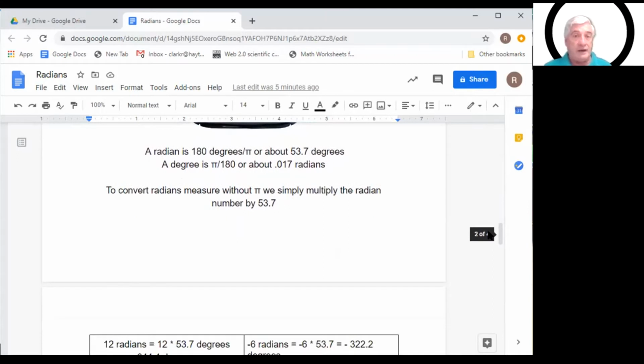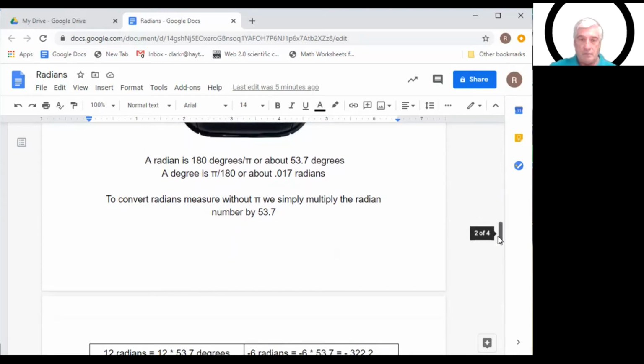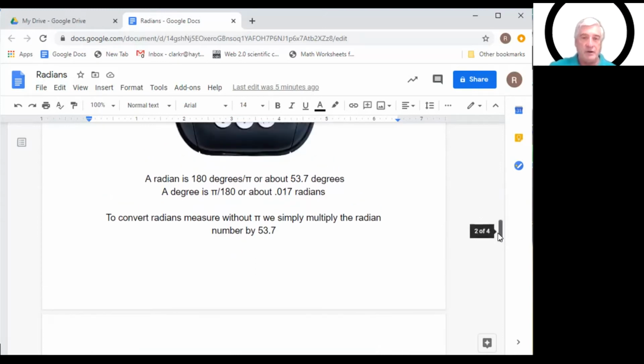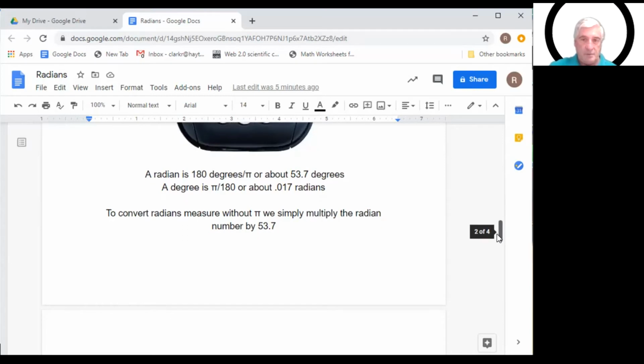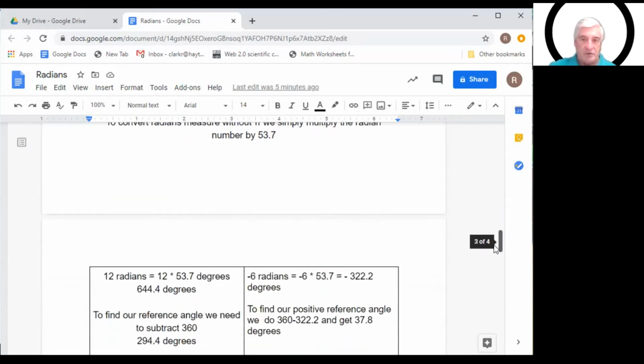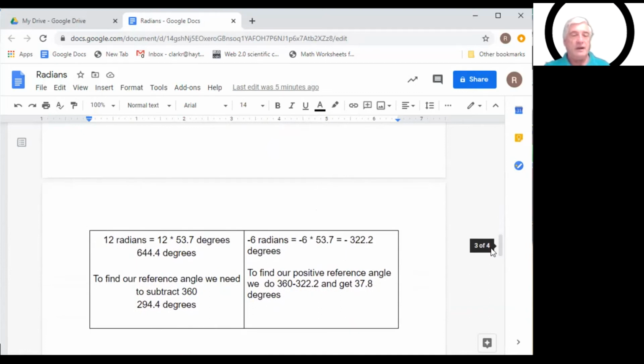A radian is 180 degrees divided by pi, or about 57.3 degrees. A degree is pi divided by 180, or about 0.017 radians. To convert radian measure without pi, we simply multiply the radian number by 57.3, and here I have a couple examples. If we have 12 radians, we multiply 12 times 57.3 degrees, we come out 687.6 degrees, but we need